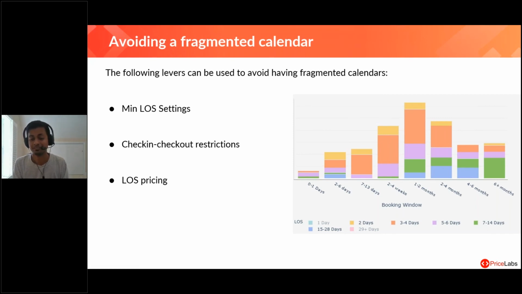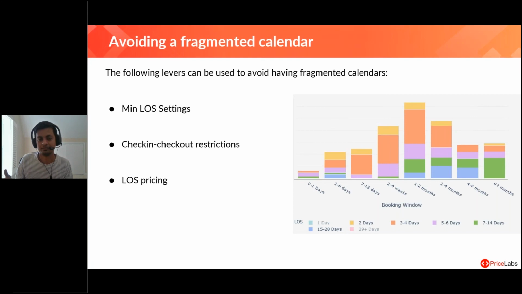And this is one answer I can give across all markets. Longer stays tend to happen farther out because guests who are booking with their families, extended families, planning out a major vacation,